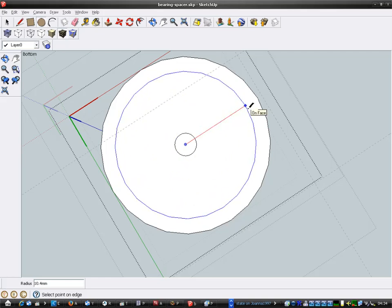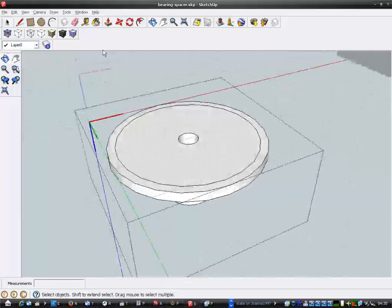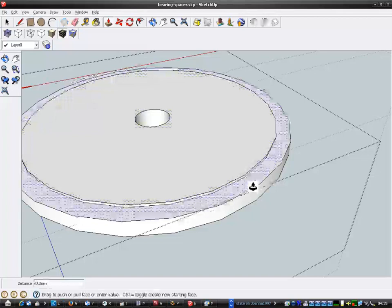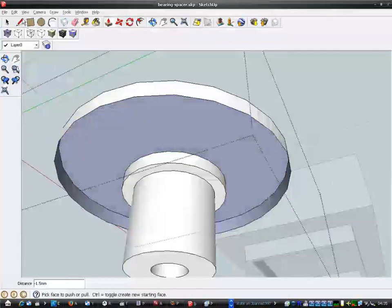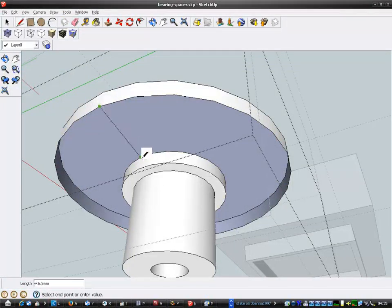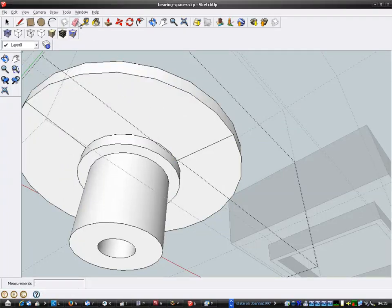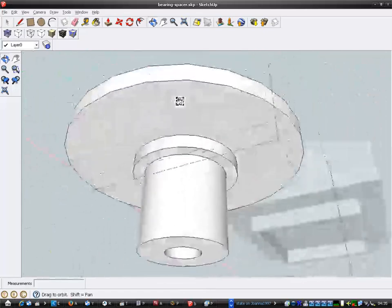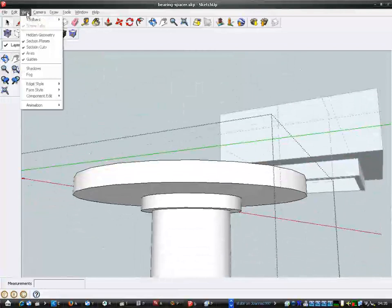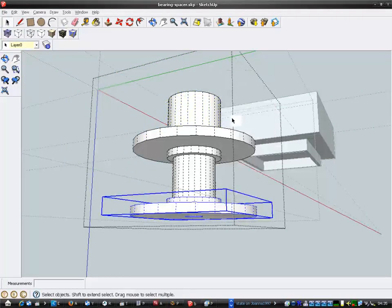Right, 11.25. Right, get rid of that. Now I'm going to end it with a hollow again, so I'm just going to bring that down onto the face. Right, I need to get my face back. I'll call it that. Right, that's it. I've adjusted it. Need to unhide that. Unhide that. Now,